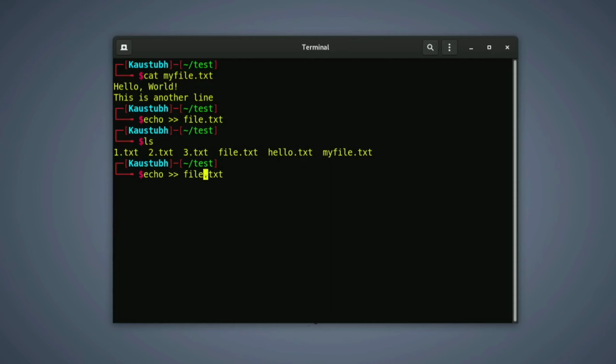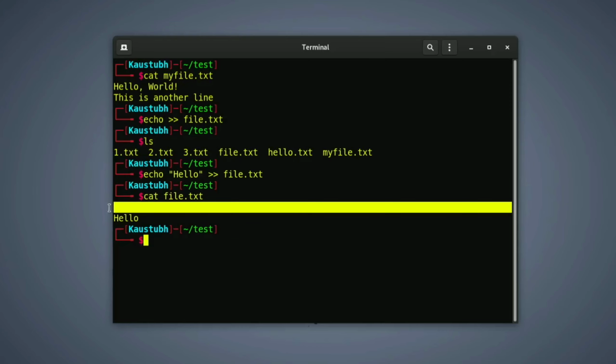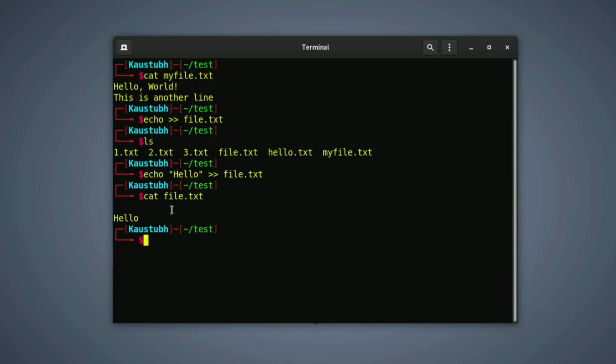If you want to add any text in that file, just type any text here, like hello, and hit enter, and check whether the text is present in that file. You can see hello, and these extra spaces are for our blank input which we gave previously.